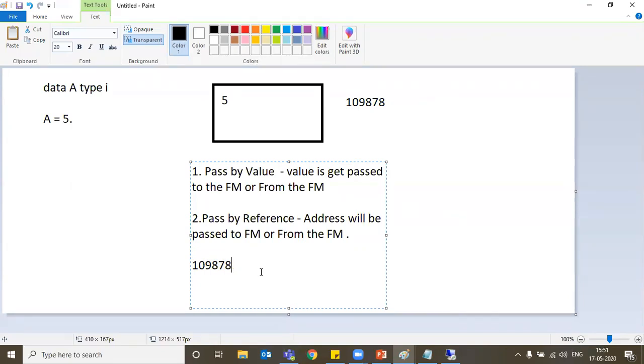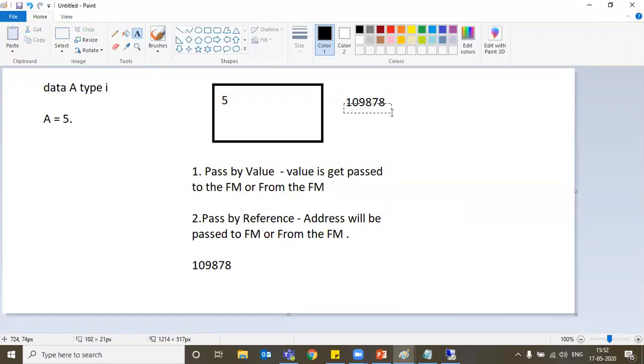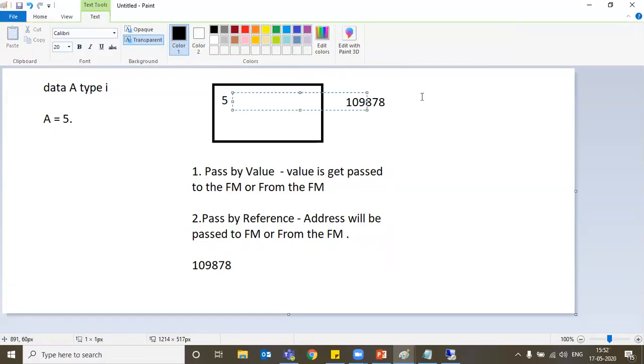Like the same way, each and every value you are storing in the backend has been allocated an address number. Now, when it comes to pass by reference, it will pass this address, and based on this address, it will search what is the value stored in that address.